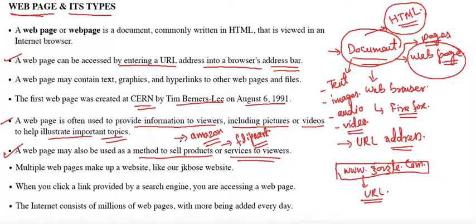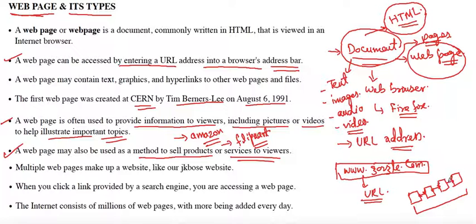So if we have multiple web pages in a location, which are interconnected with each other in some way, that means if we have a collection of web pages which are grouped together and usually connected together in various ways, they are often called a website or site. For example, if I have four web pages like this, you can say this is a collection of web pages, and these web pages are linked with each other in some way.